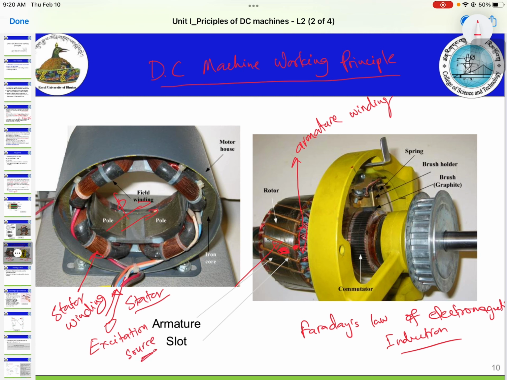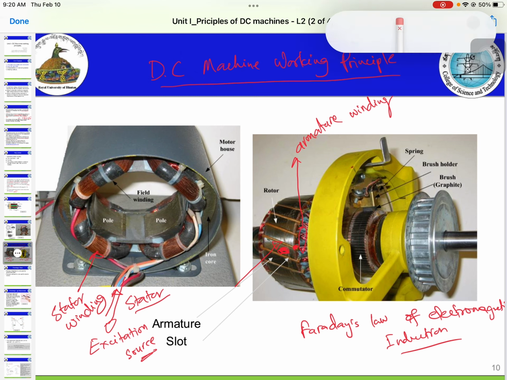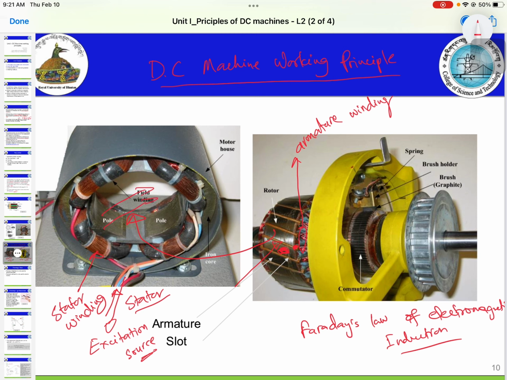Inside this stator, we put this rotor here, and we can assume that there's a magnetic flux between them, and then when there's rotation in the rotor,